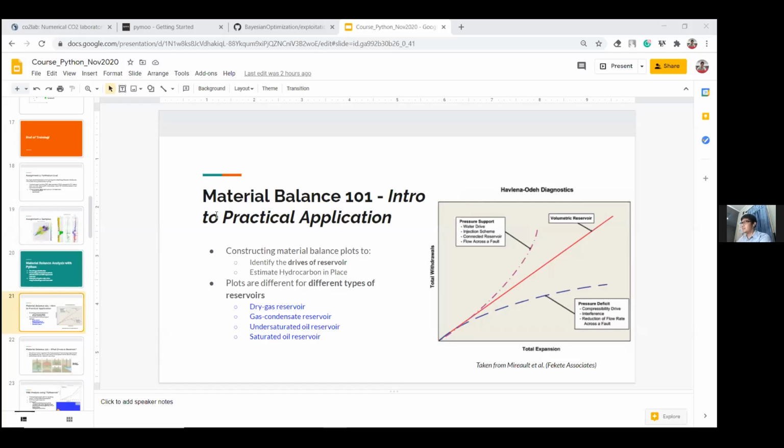But in certain cases, a reservoir is not volumetric. It has lots of external drives that cause the hydrocarbon to be produced. This is called the drives of the reservoir. So here in this slide, the purpose of material balance is first to identify the drive of the reservoir. If our reservoir is water driven or it is volumetric, so volumetric is purely because of the expansion